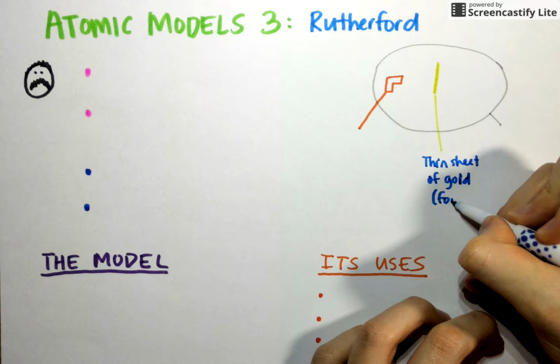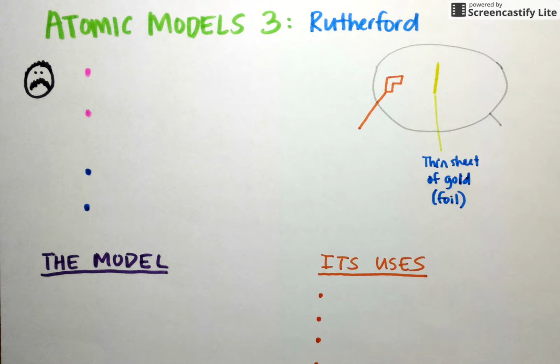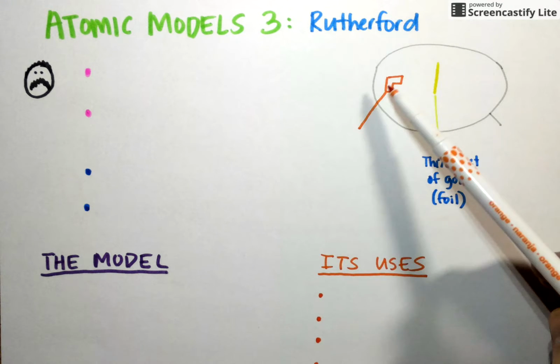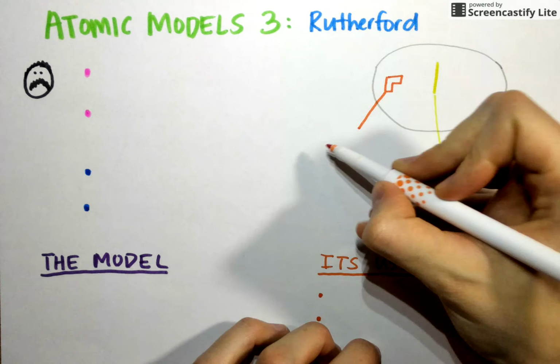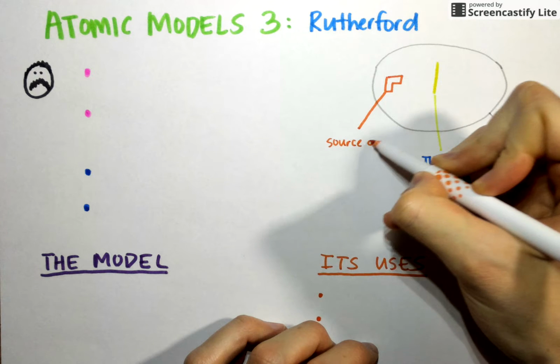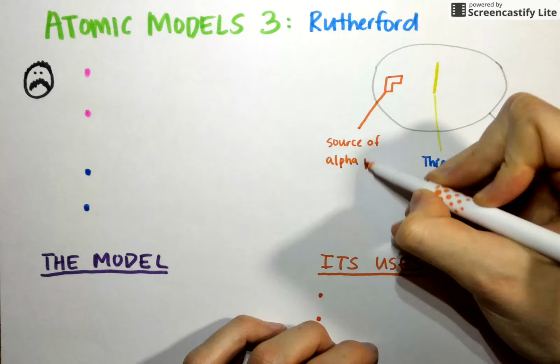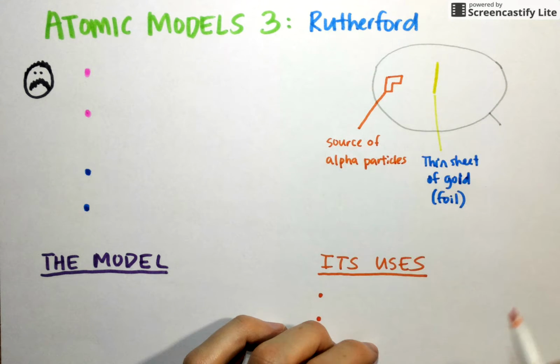So, as the name kind of implies, this experiment involved gold foil. And that's going to be this yellow thin sheet right here in the middle of his experimental setup. So this is just a thin sheet of gold, aka the foil. This is not very wide, hardly visible at all. Gold has the unique property of being able to be rolled out very, very thin, and Rutherford used that